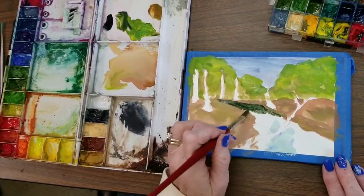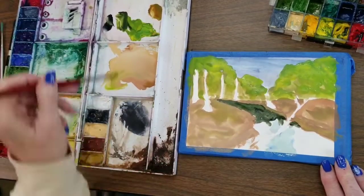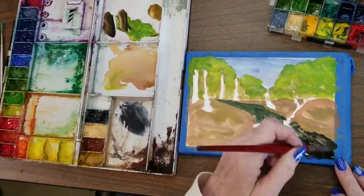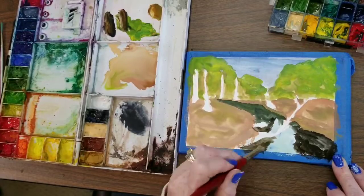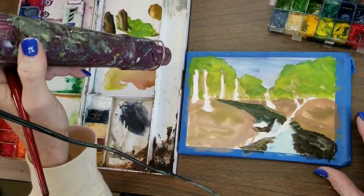So my suggestion was to get a small set, and I always recommend the M. Graham gouache because it is artist quality. It's the only one on the market that markets itself as artist quality, and that's because of its light fastness